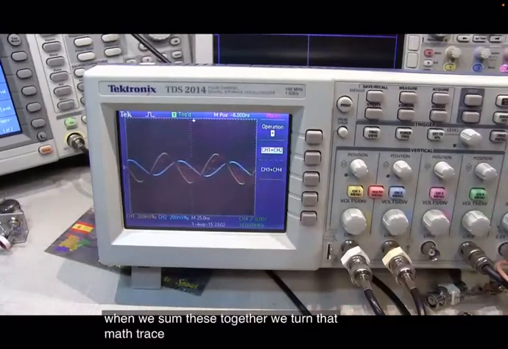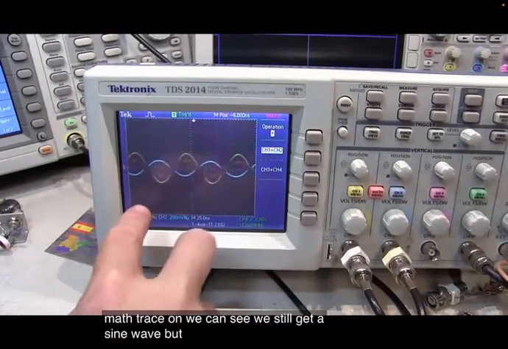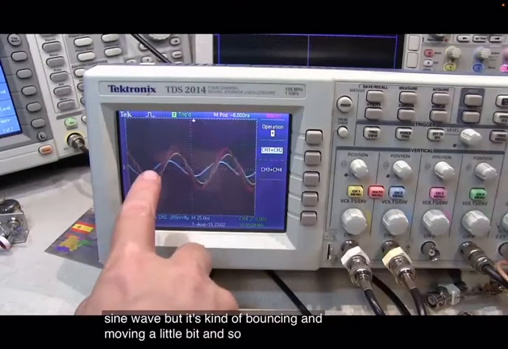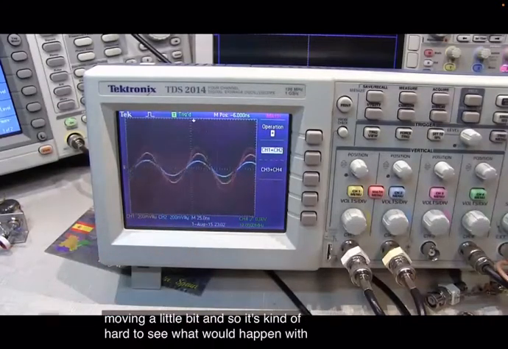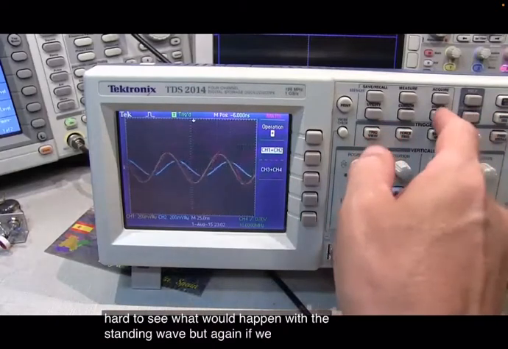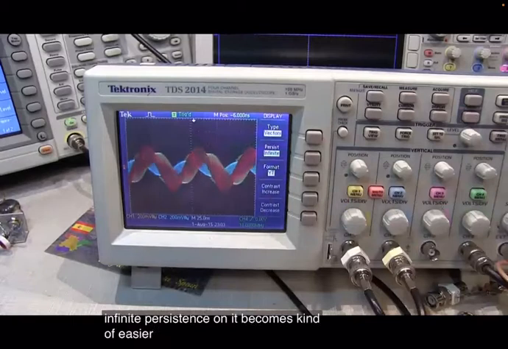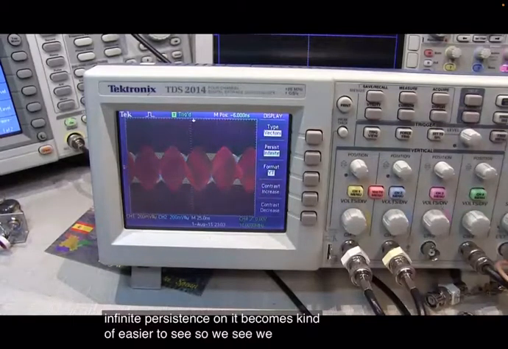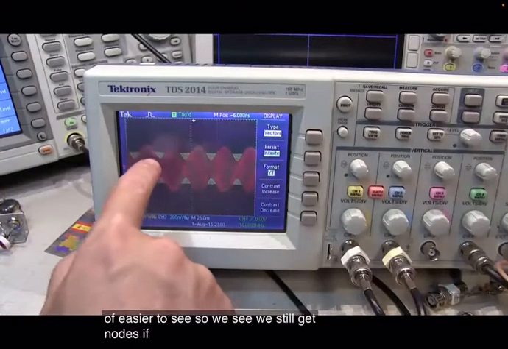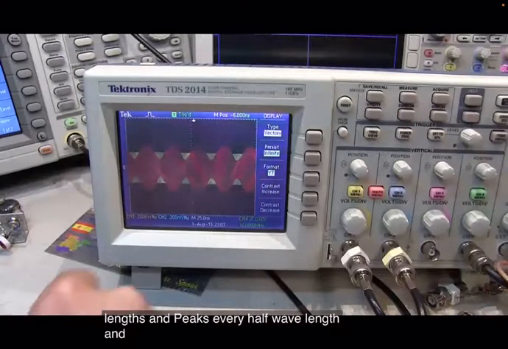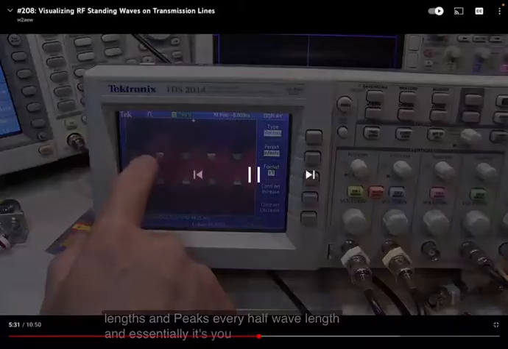If we turn that math trace on, we can see we still get a sine wave, but it's kind of bouncing and moving a little bit, and so it's kind of hard to see what would happen with the standing wave. But again, if we turn infinite persistence on, it becomes easier to see. So we see we still get nodes, if you will, every half wavelength, and peaks every half wavelength. And essentially it's,